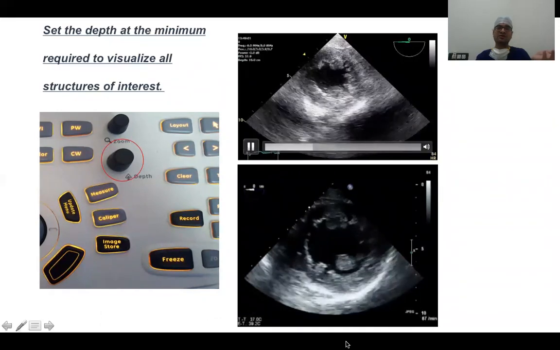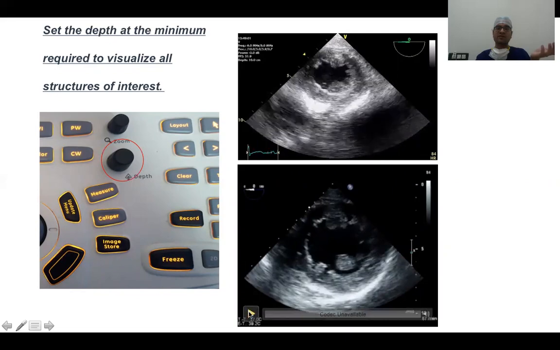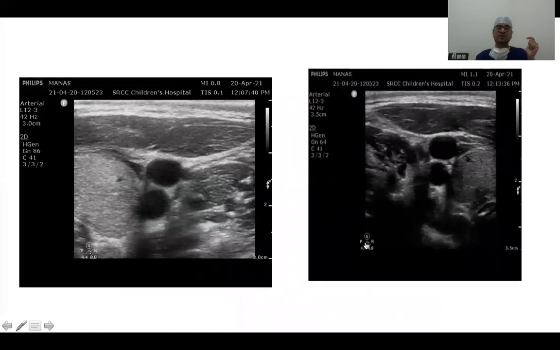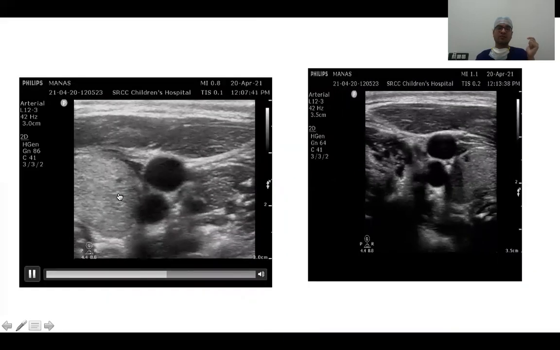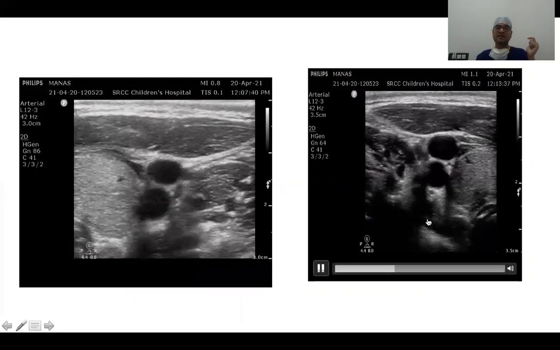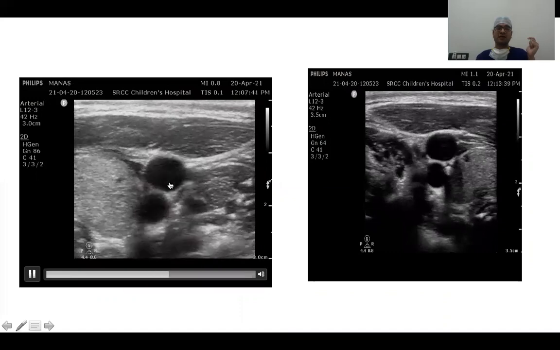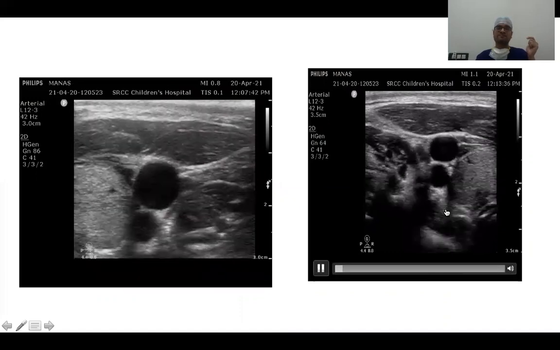This is LV cross section area. So here we can see it is optimum in the down image. Here also we can see two vessels. So here the optimal depth is adjusted, and here depth is too much. So here the manipulation of the needle while cannulating IJV is easier compared to this image.